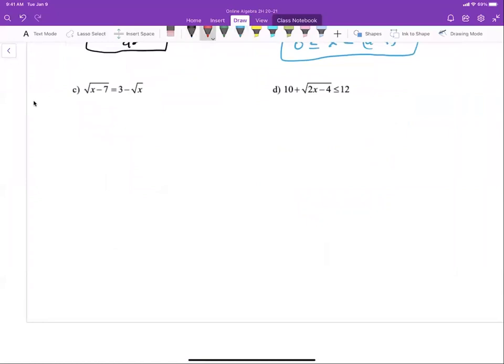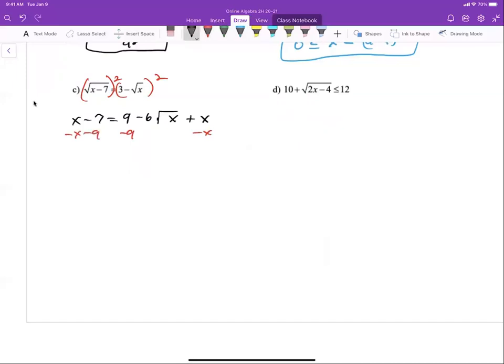They've already got this first radical isolated, so we'll square both sides. We get x minus 7 equals 9 minus 6 square root of x, and then we're foiling that, and I'll get a positive x. Yes. All right, so I've got to subtract 9, subtract x from both sides,